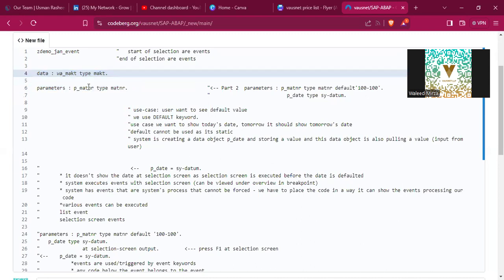Data WA_MAKT type MAKT, which is a table. Parameters P_MATNR type MATNR, which is material number. So parameter MATNR will get the input in the type of material number, which can be alphanumeric. Okay. But in part two, we'll remove this and add parameters P_MATNR type MATNR,